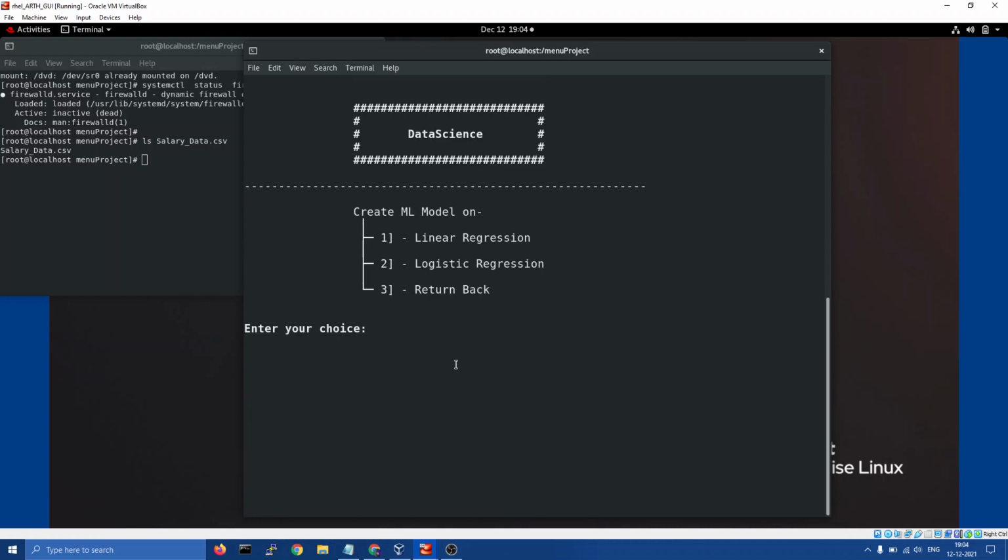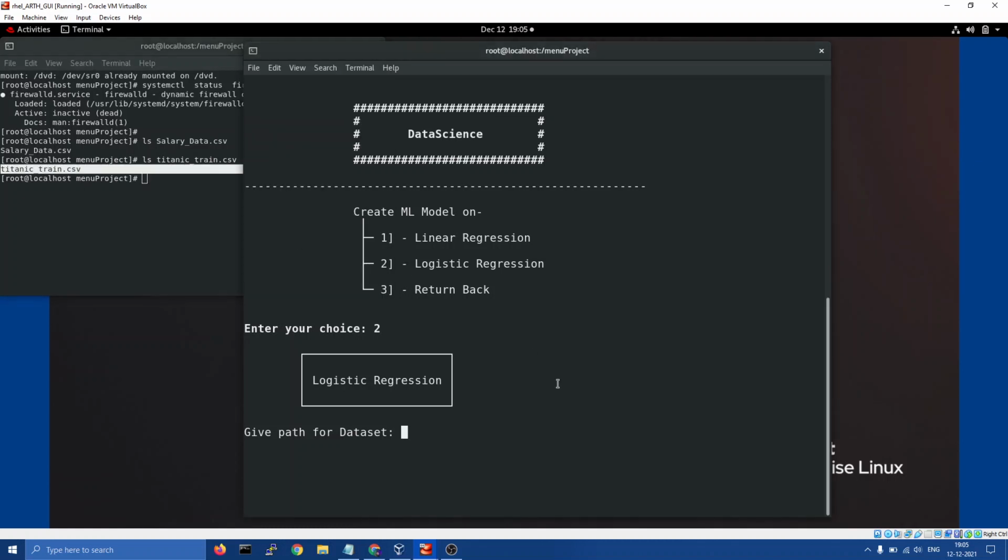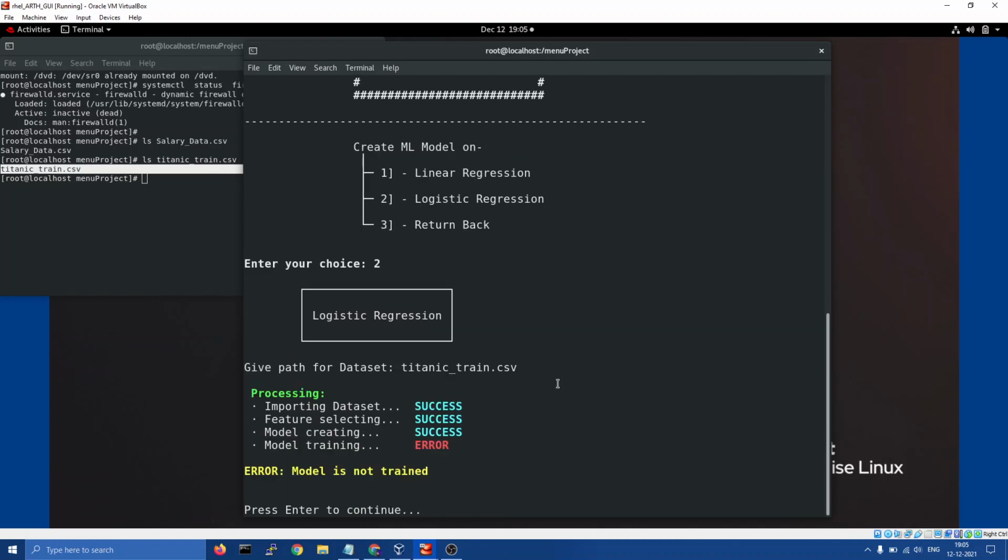Logistic regression. Actually, in this I have a Titanic dataset. It will tell whether the passenger survived or not. But one challenge comes here in the training part.